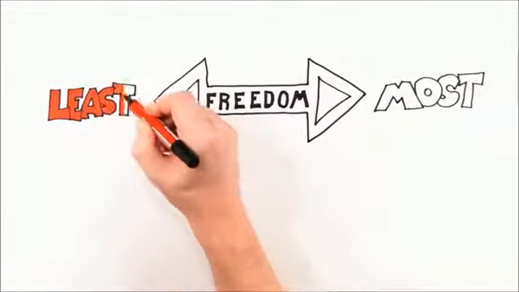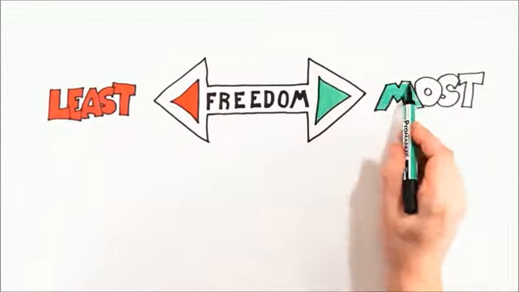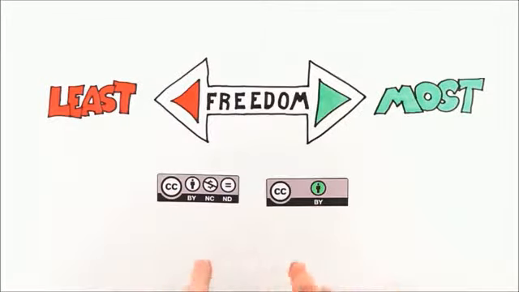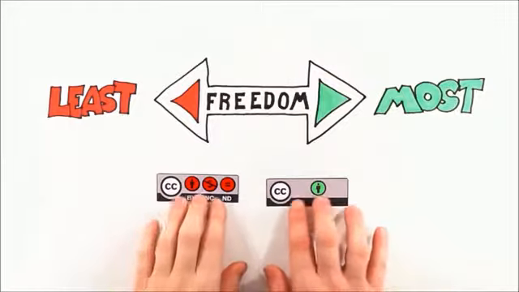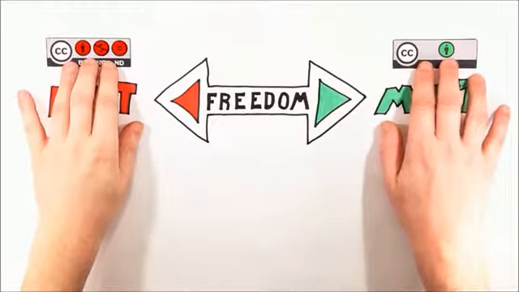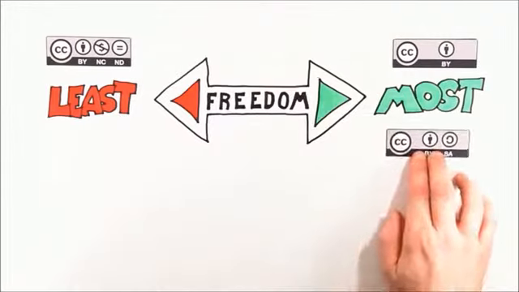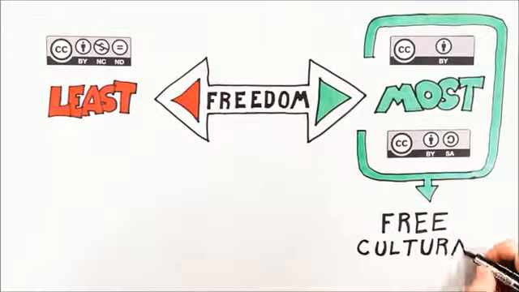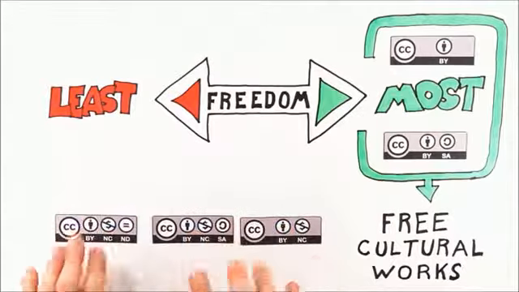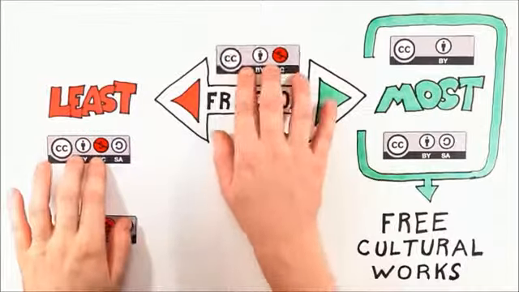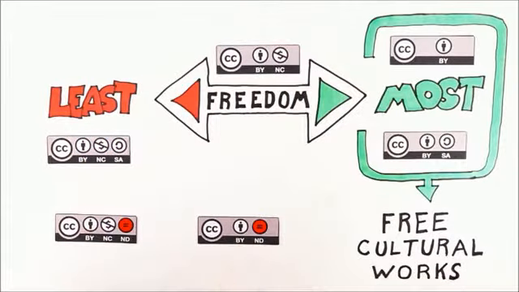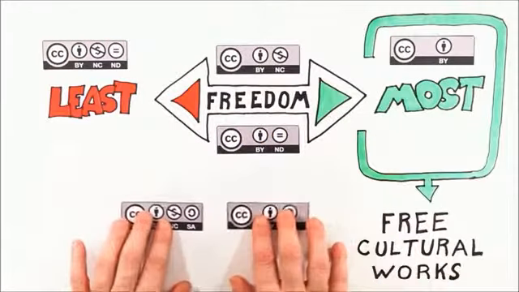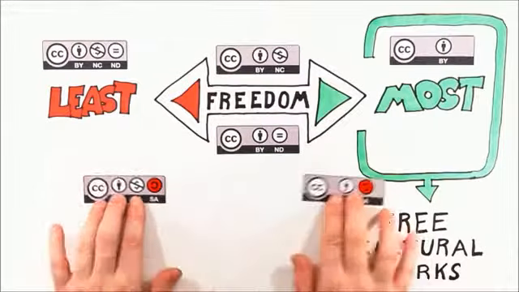The difference between them is how many rules apply when someone wishes to use your work. The attribution license allows reusers the most freedom, and the attribution non-commercial no derivatives license allows the least freedom. The attribution license and the attribution share-alike licenses are sometimes referred to as Free Cultural Works approved licenses. These 3 licenses restrict commercial use of a work. And these 2 licenses do not give permission for adapting or remixing. These 2 licenses require new works to be licensed under the same terms.